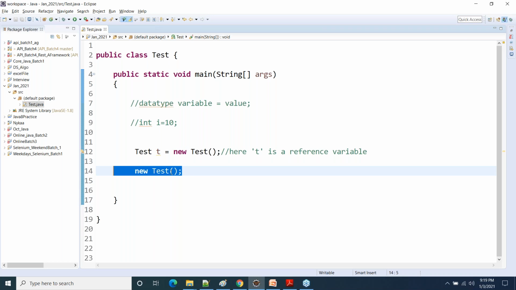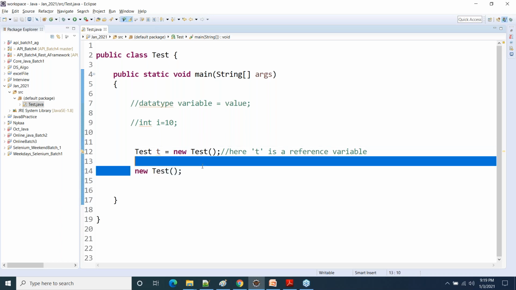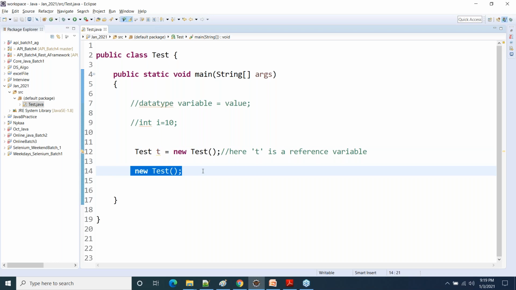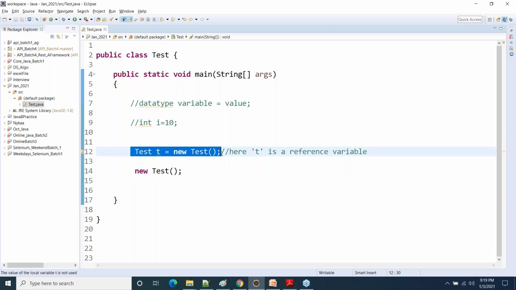Both ways are best. It's up to your requirement. If you know that you are going to use the object of a particular class only once, then use the second approach. If you know that you will be using an object of a particular class more than once, then go for the first approach. Is that clear, guys?